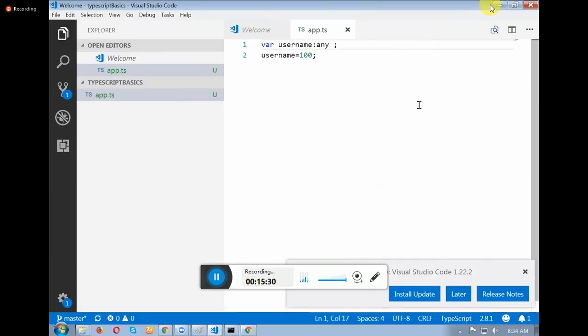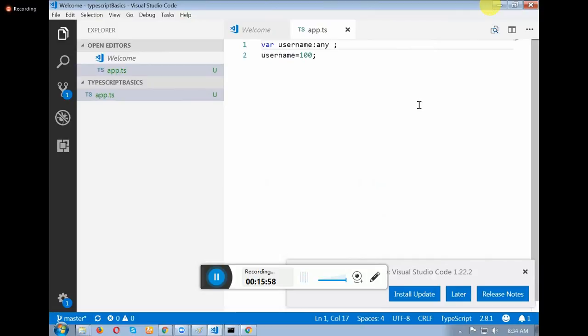Please note down. Installing TypeScript compiler. Step 1 is install Node.js.